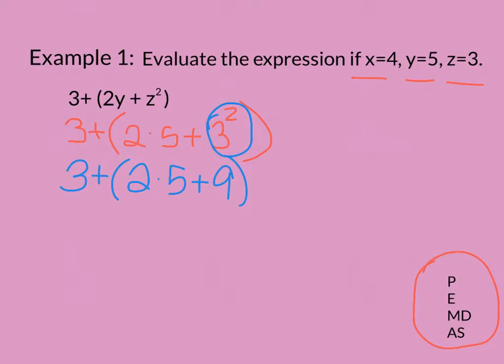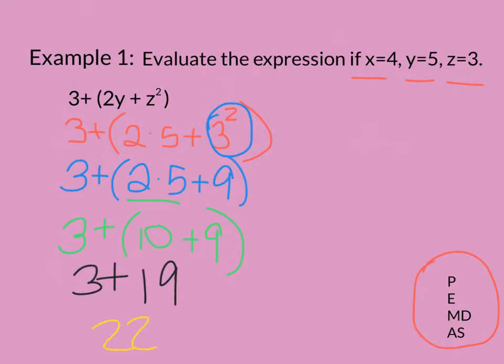So I know that multiplication comes before addition, so I'm going to do 2 times 5 first. So I have 3 plus, parentheses 2 times 5 is 10, and then I'm going to bring down my plus 9. So inside my parentheses now, all I have is a 10 plus a 9 left. So I'm going to finish off with 3 plus 19. So now that I'm down to one number, I can drop the parentheses and finish off by doing my final step of adding. So 3 plus 19 is